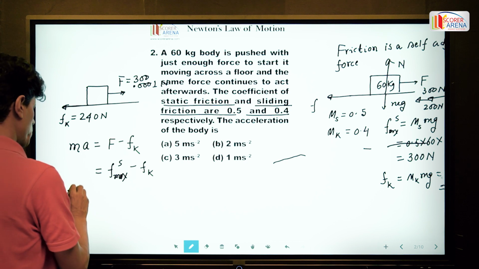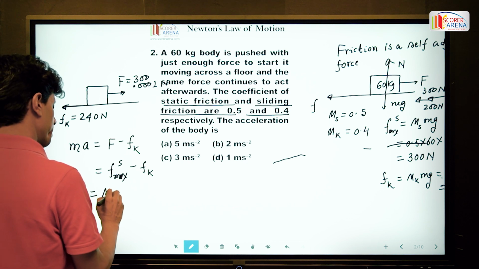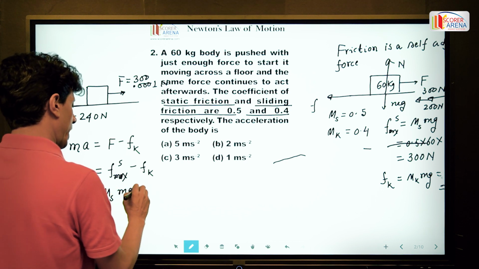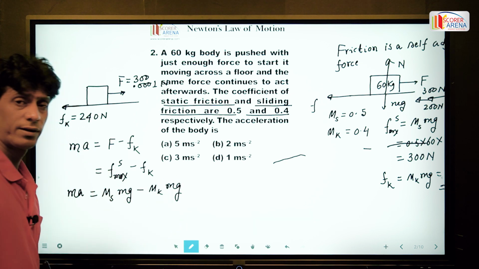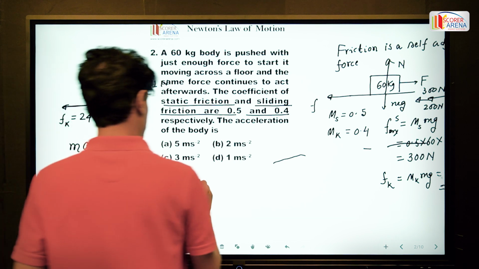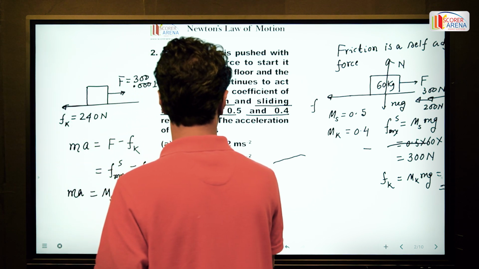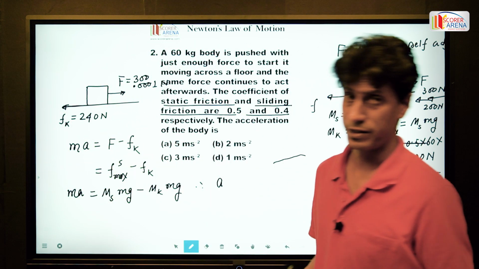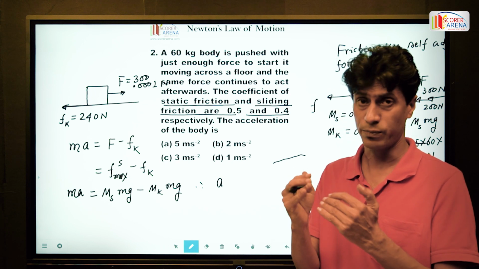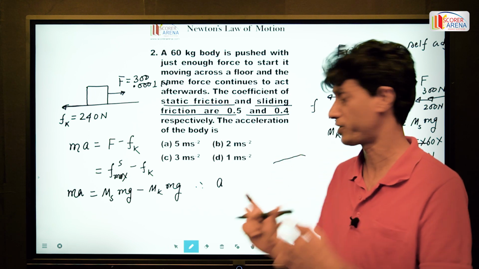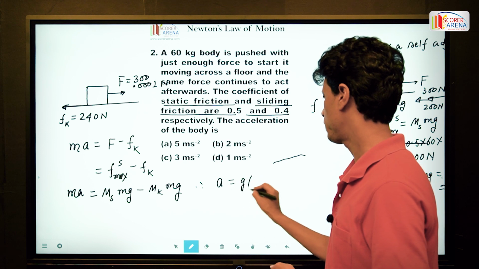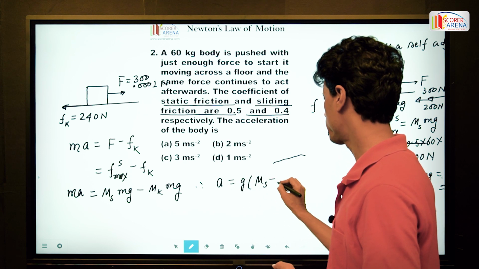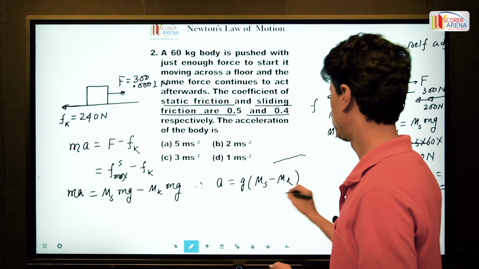So mass into acceleration is mu s mg minus mu k mg. The acceleration here, that is the initial acceleration, when the body just starts moving, becomes g times (mu s minus mu k),